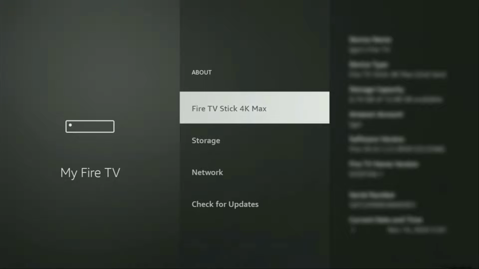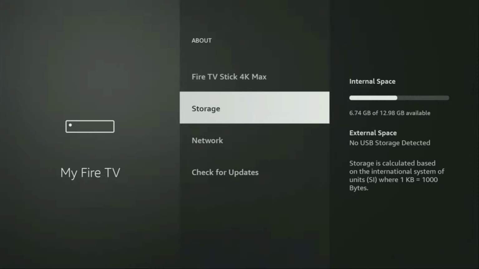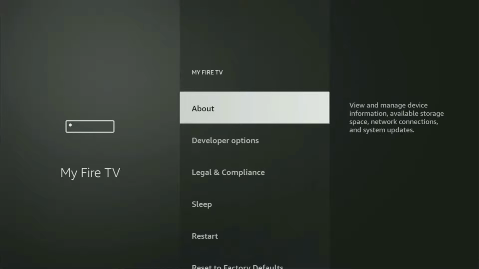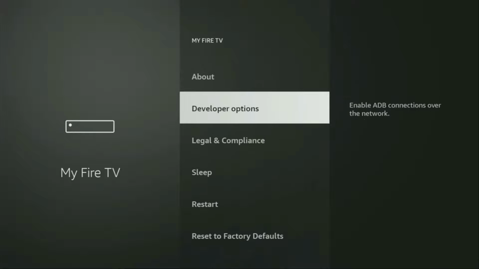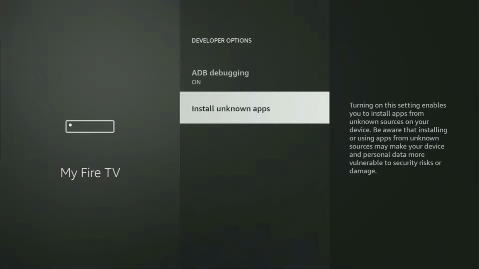So let's do it. And as you can see, now for me at the bottom, it says no need, you are already a developer. That's in my case. And in your case, it's going to say that you have become a developer now. So if you go back a bit, you will finally see the developer options, which now have popped out for us right here. Open them, make sure to turn on ADB debugging, then need to go to install unknown apps,